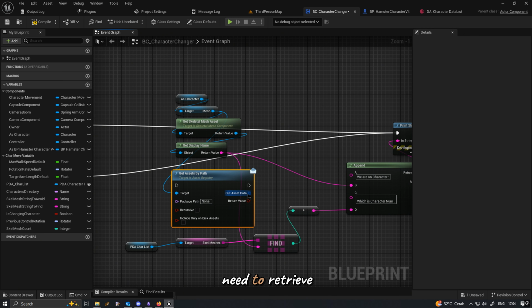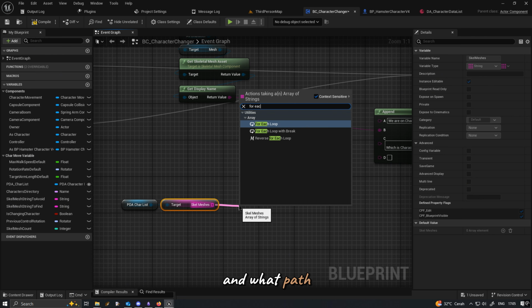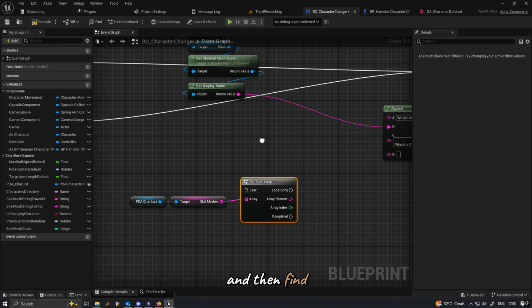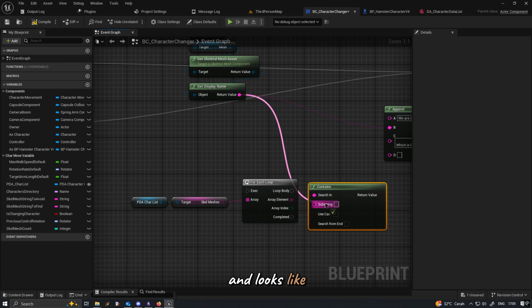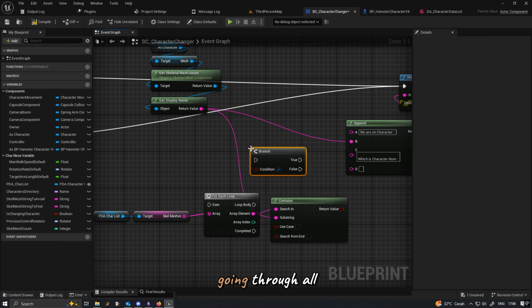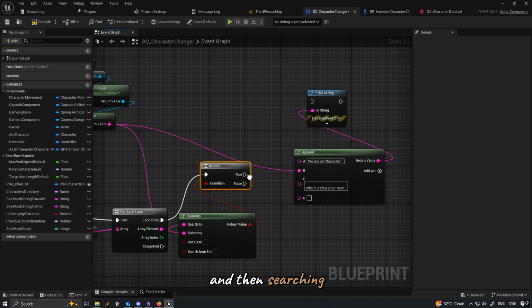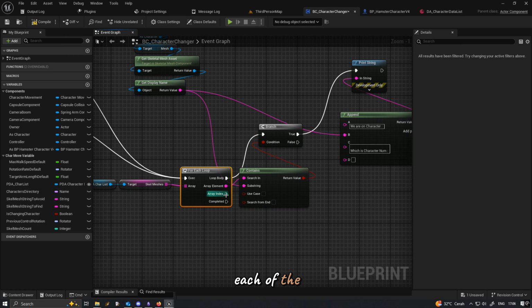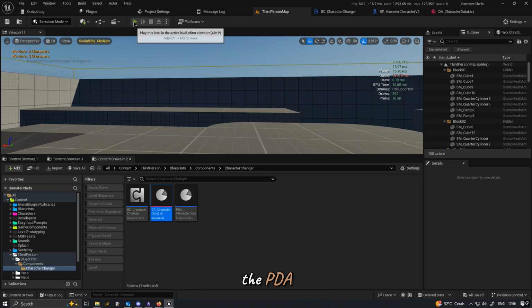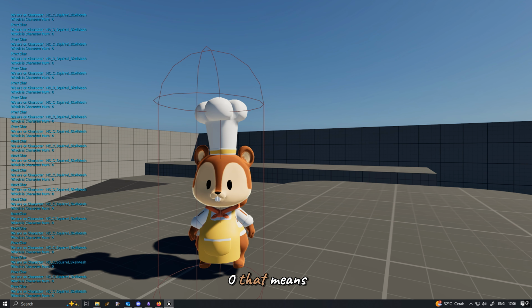Basically we need to retrieve what mesh we are on and what path we are on, and then find that again in the PDA. And looks like with the for each loop, going through all of the scale mesh list from the PDA and searching the substring from each of the scale meshes in the PDA, it's working. It's now printing 0, that means correct.